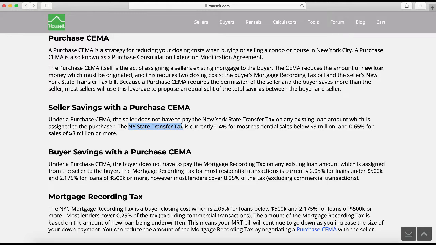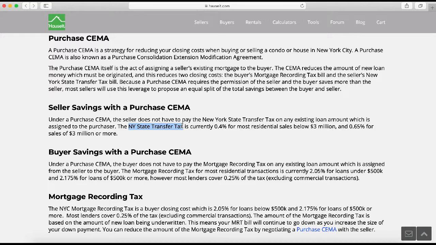Now, the New York State transfer tax is only one component of the total transfer taxes due on a sale. The other component is the New York City specific transfer taxes, which are considerably higher. The New York State transfer tax itself is 0.4% for the majority of residential sales below 3 million. If you're selling at or above 3 million, your New York State transfer tax is slightly higher at 0.65%. So a seller will save 0.4% or 0.65% on any amount of loan that they assign or transfer to